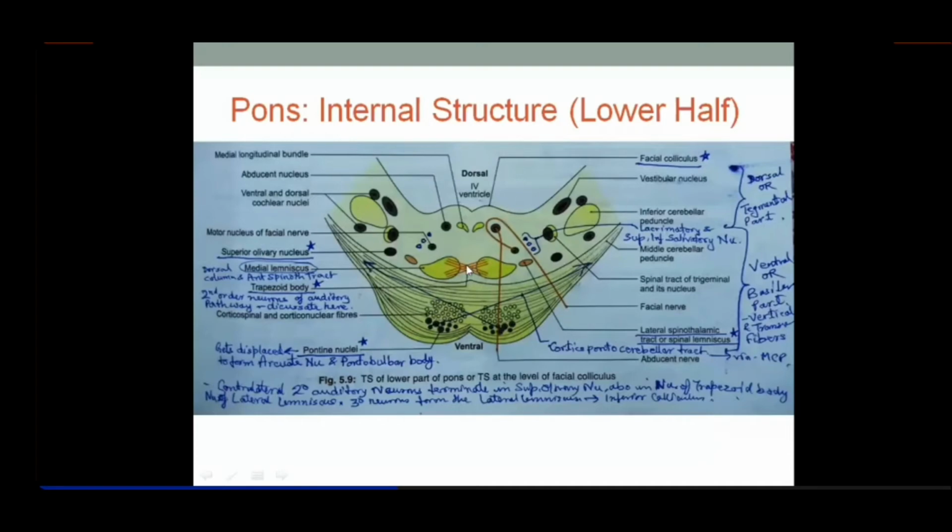Now I will talk about the white matter of the pons. So again, medial to lateral, remember the gray matter pattern. If you follow the pattern of these functional columns, you will easily learn the nuclei in the brainstem. So keep revising that functional columns chapter. Then about the white matter, you can see this is the median plane. In the tegmentum, dorsally, is the extension of the medial longitudinal bundle.